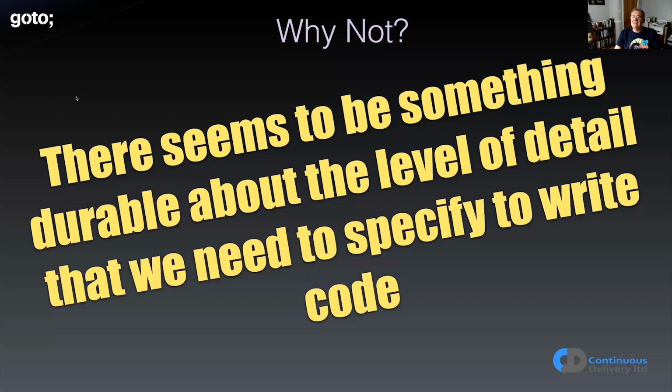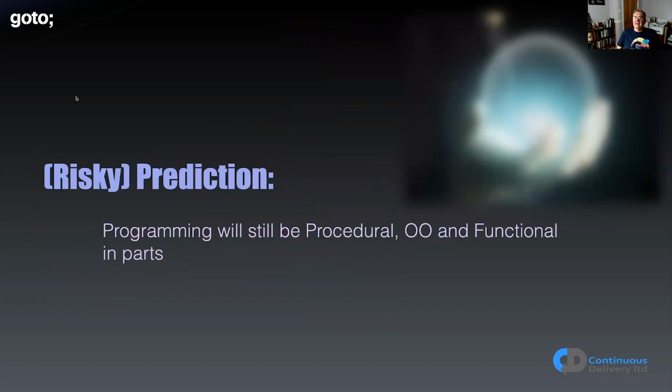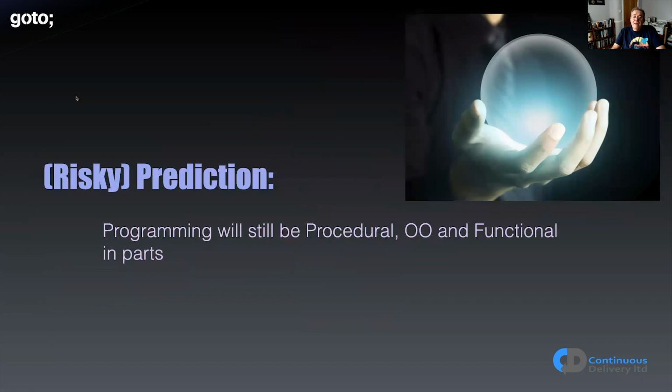You can see this in how hard it is to capture something as simple as a for loop in UML. It's not an idea that maps nicely. UML can be a useful tool. I'm not knocking UML, but it's not as good at expressing executable intent as code. And so I think that trying to identify something at that level of abstraction that's going to give us the ability to create significantly more complicated systems, which I'm assuming we will be doing in 100 years' time, is not going to come from programming paradigms. So my thinking is that in 100 years' time, programming will still be procedural, object-oriented, and functional in parts, because each of those paradigms brings something to the party and contributes something,